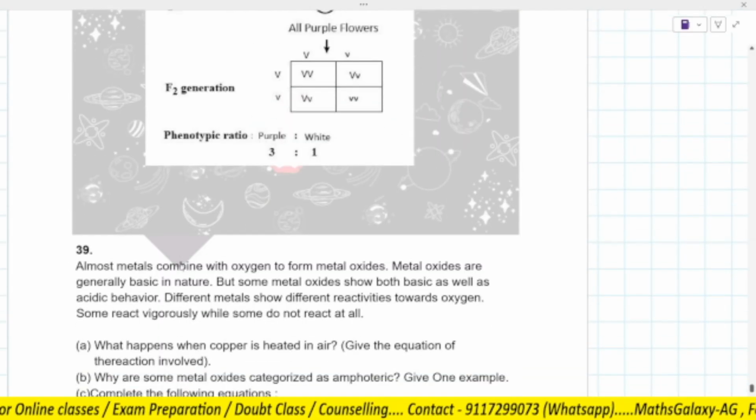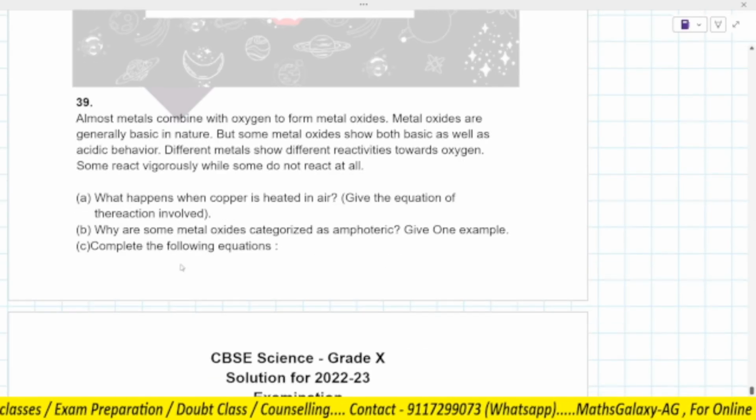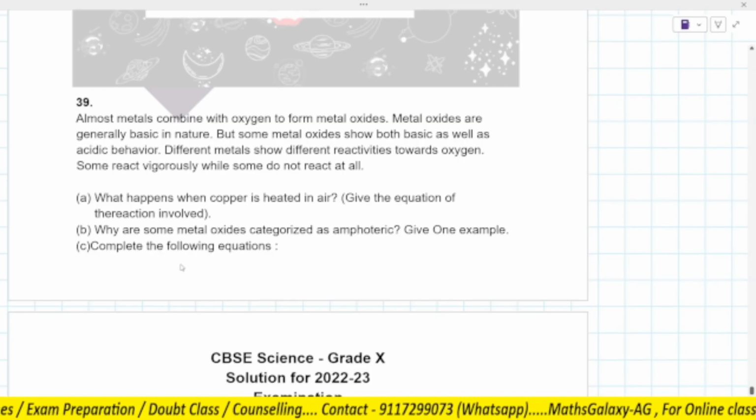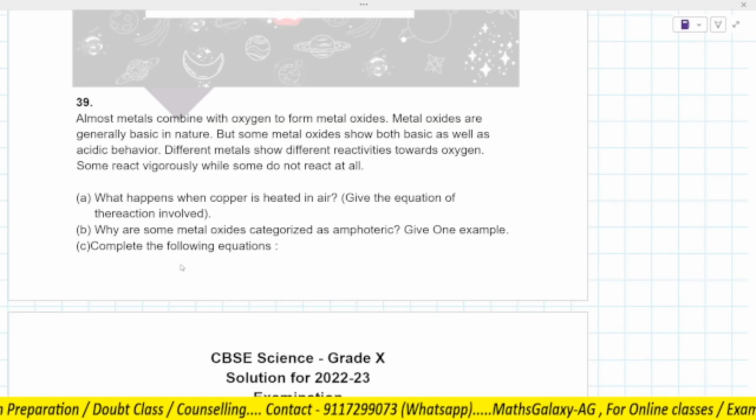Okay, thanks. So let's see here the last question, 39. Almost all metals combine with oxygen to form metal oxides. Metal oxides are generally basic in nature, but